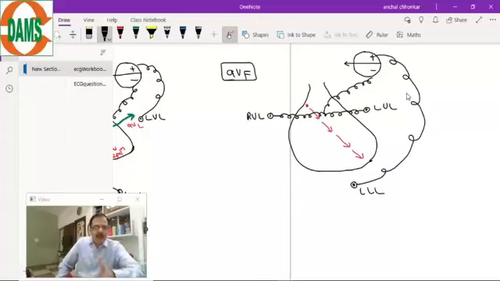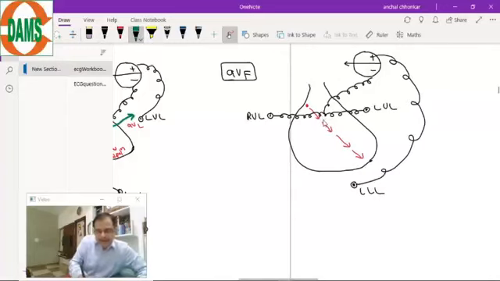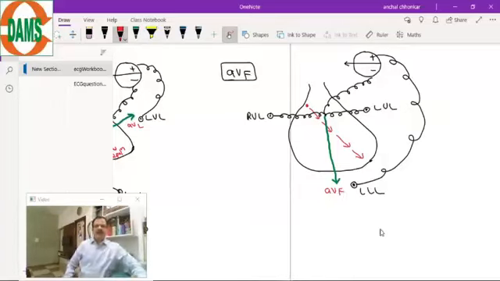So therefore it is the foot. F stands for the foot. So this is the left lower leg. Reference electrode: right upper limb plus left upper limb. Now come to the vector direction of AVF. AVF will be perpendicular to the line joining right upper limb and left upper limb. So this is the vector line, AVF.